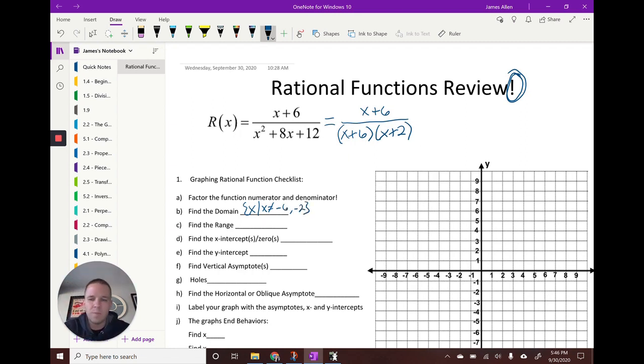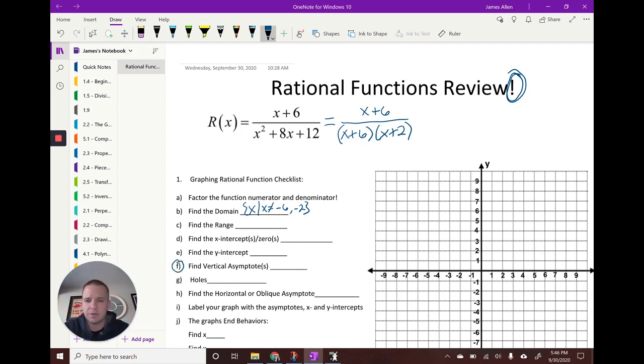And depending on how we're inputting these things in, some might ask for interval notation. This is set builder notation. But if it doesn't specify, it's up to you, I guess. All right. We're going to skip over range for now. I think that's a little bit easier to address when we see the graph. All right. Next thing I actually do want to address here, I'm going to skip all the way down to